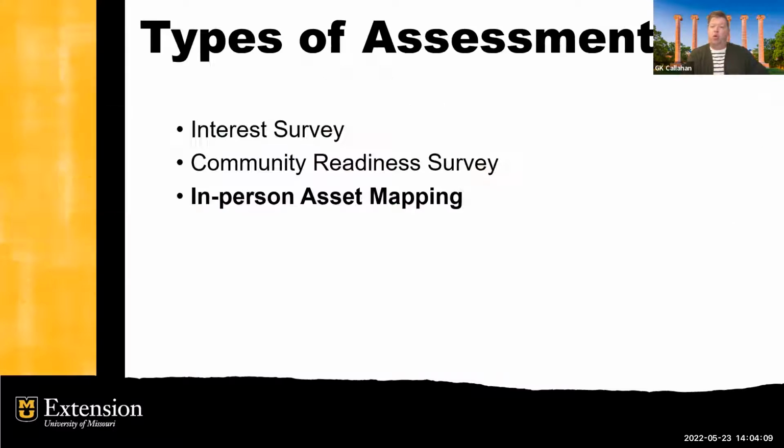One of the reasons we brought up this program today is that the beginning of this program is based on assessment. Like Melissa said earlier, you have to know what you have in your community before you can move forward. So we begin this process with 3 main types of assessments. We do an initial interest survey to find out how many people in the community are actually interested, and it's a pretty simple 1-page survey. Then we go into a more in-depth survey that lets us understand where the community is at. We run it through something like Qualtrics or Survey Monkey, and it's a longer readiness survey. And then we do the in-person asset mapping, which is what we're really going to focus our conversation on today.